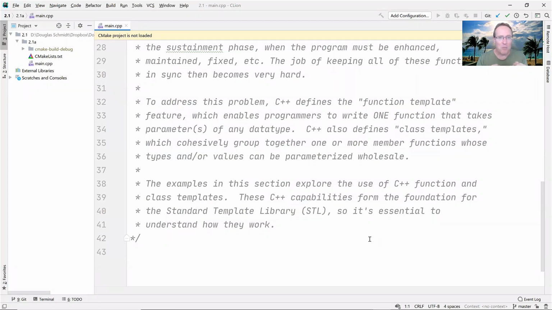And this is very important because if you don't understand templates, you will be able to make no sense out of the way that C++ STL actually works. So having this foundation is extremely useful. And of course, it's also useful because not everything you're ever going to do in life with C++ will be